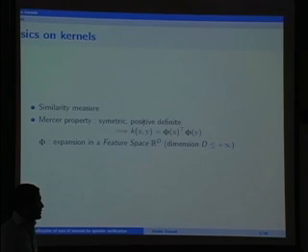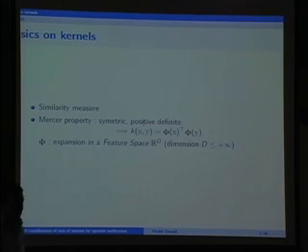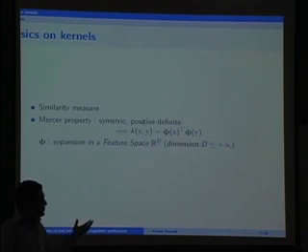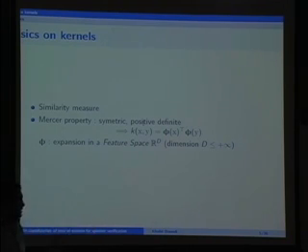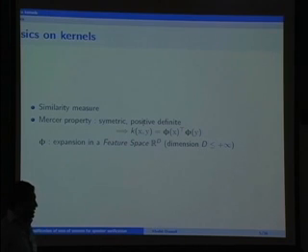And the goal is to build kernels that are similarity measures between sets of vectors or sequences. So let me recall some of the basics on kernels. I assume that people are familiar with SVM. A kernel is a similarity measure, and a nice property that is helpful in many cases, from a theoretical and also practical point of view, is the Mercer property, which means that the kernel is symmetric and positive definite. And using the Mercer theorem,